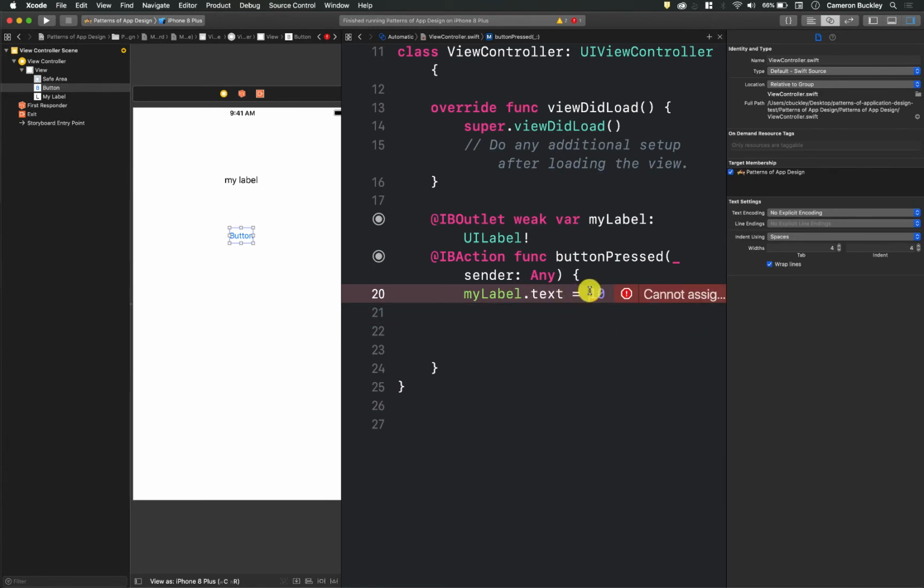But if I put quotes around it, now it's going to work because that's a string, right? We all remember that from the string textbook. So I'll just say text has changed, button pressed. And this is going to be way too long for this label, but we'll play with that a little bit later. So I'm just going to build it